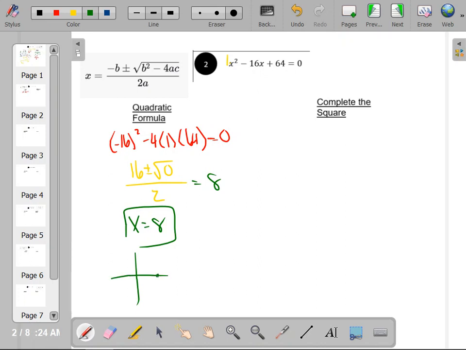If you remember, on the x-axis the vertex is going to open up and it's going to look something like that. This is (8, 0). That is what's happening on the graph. There's only one solution. Now, if I do complete the square, to complete the square, you need to get your